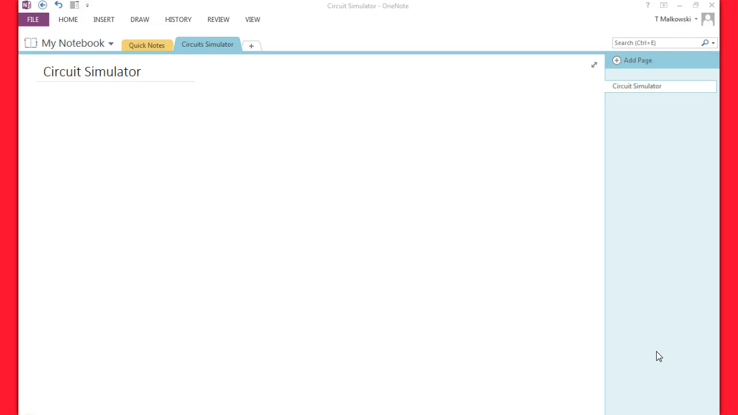Hi, I'm going to talk about my second learning object, which is my circuit simulator. The circuit simulator that I have in mind is very similar to the one offered through the University of Colorado at Boulder physics simulator website, PhET. They offer a whole bunch of simulators, physics, math, chemistry related, biology related, and they have a circuit simulator there